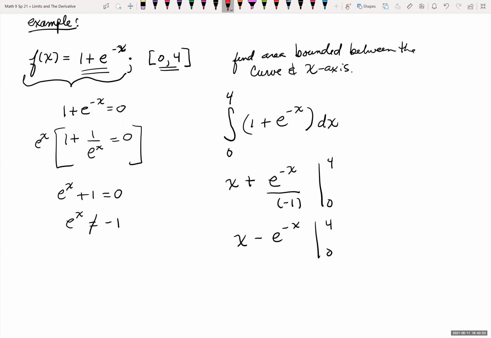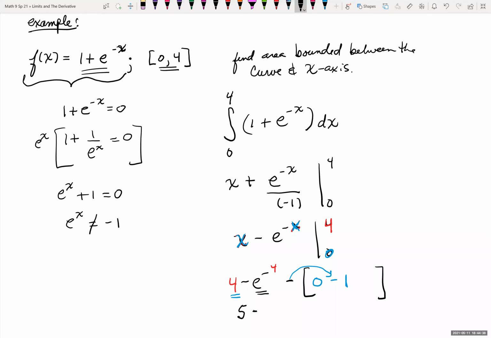So first thing you want to do is plug in your upper bound, 4, wherever you see an x. So we get 4 minus e to the negative 4th power. And then we subtract off. Now we're going to go in and plug in 0 wherever we see an x. So 0 minus, well, anything raised to the 0 power is 1. So e to the negative 0, e to the 0 is 1. So let's distribute this negative here. So we really have 4 plus 1, which gives us 5,